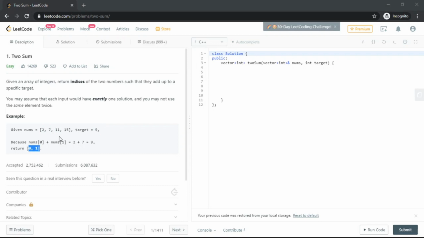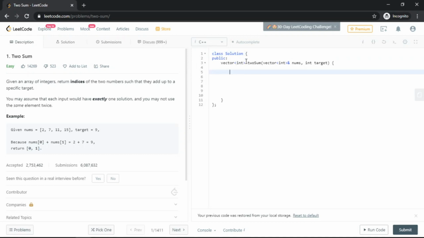So let's start with the brute force solution first. As you can see, the return type of this function is a vector, so we need a vector of integer type. If you are not familiar with this syntax, you can look up the vector video. So this is the vector of integer type. Let us name it res.